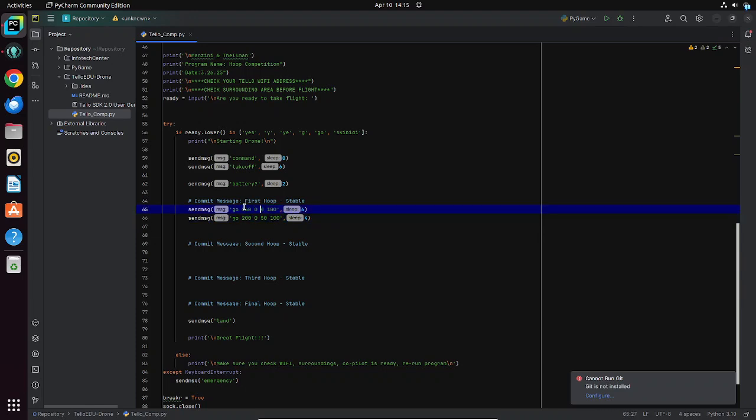X, Y, and Z, and we went X this, which is basically if you were to be standing, it would be forward. Y is to the left. Z is up and down. This is to the first one, and then after this, it starts going up towards the second hoop, and I